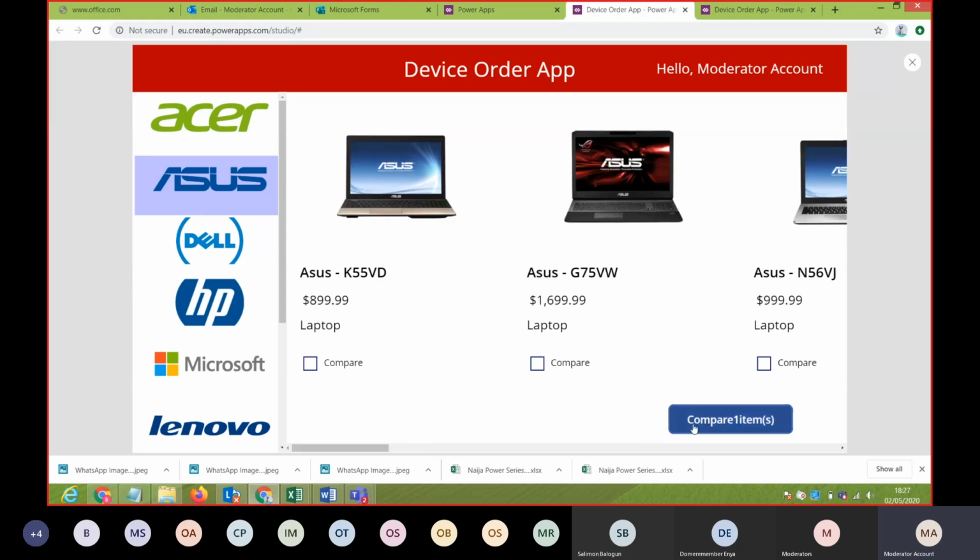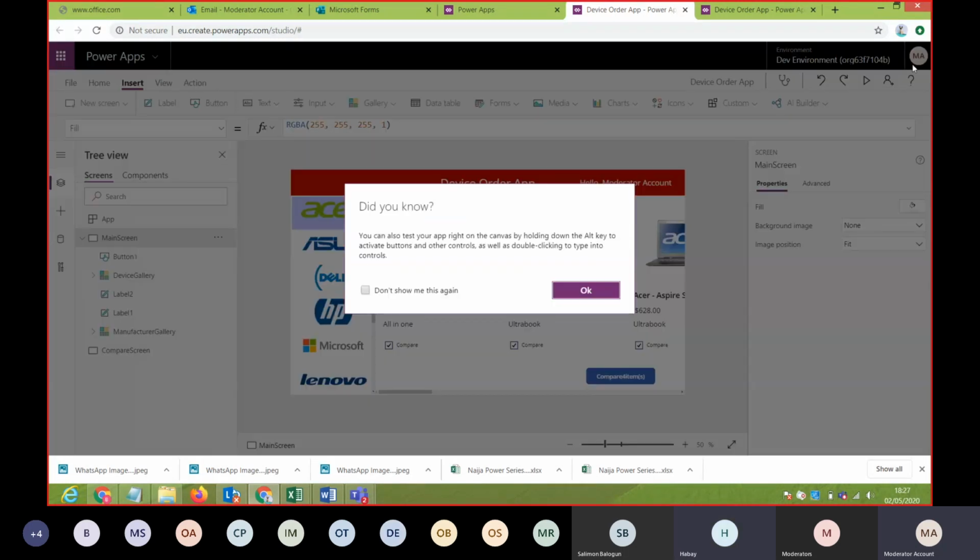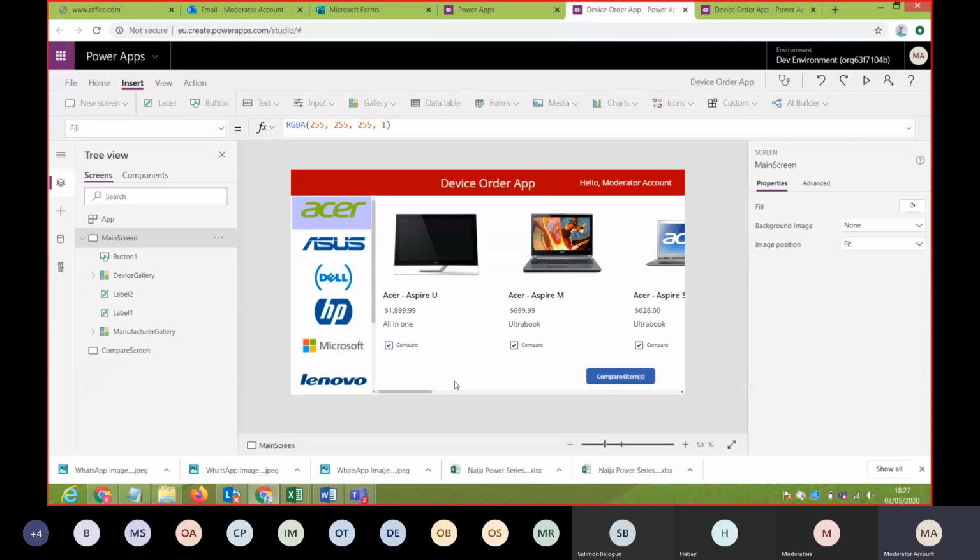Okay. Anyway, so this just shows us how many items you have now. If I come here and click this way, you can see that it's increasing the count. So you're just counting the number of rows in the collection and showing you the number of items that you are comparing at the moment. So the next thing we're going to do is